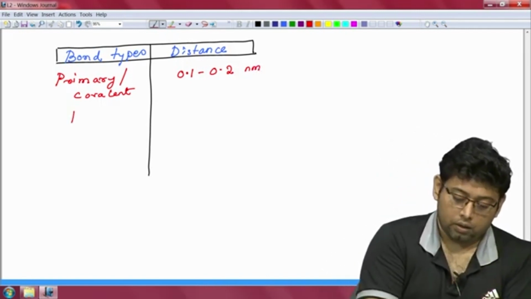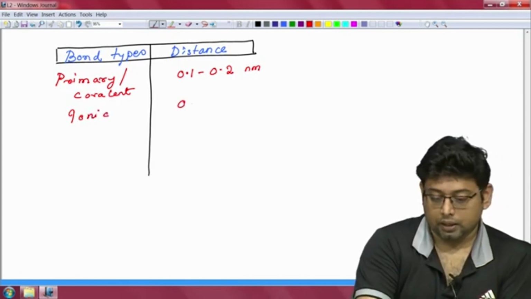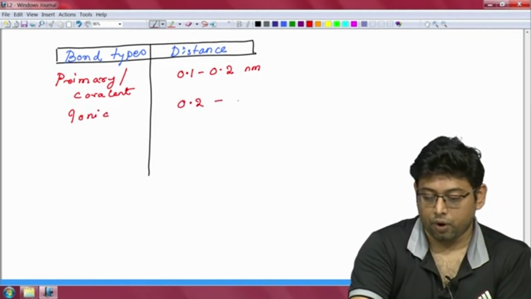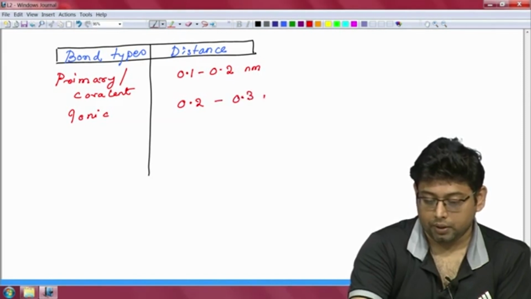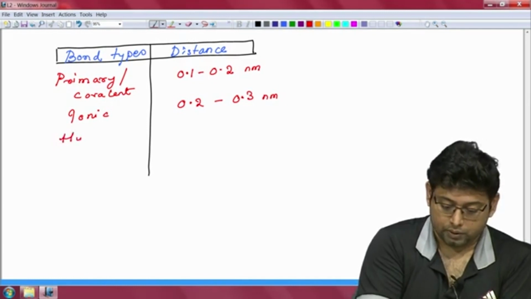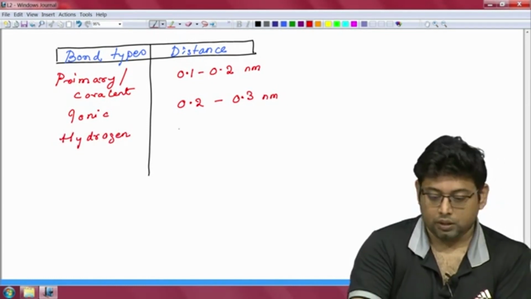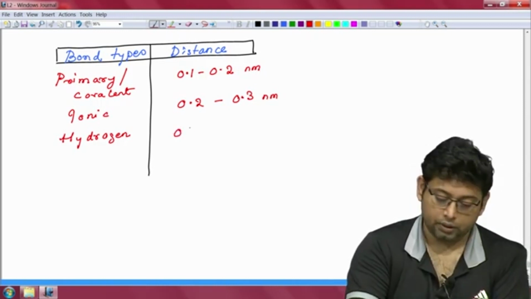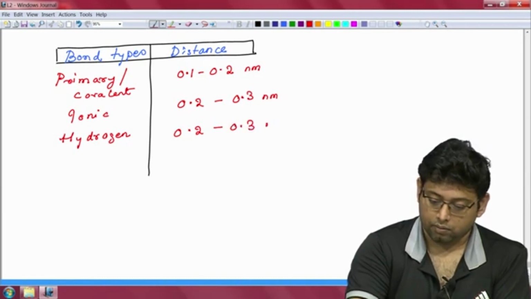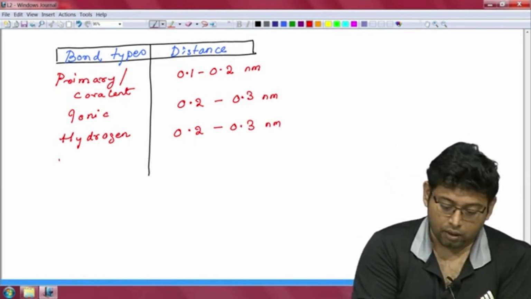For ionic bonds, the distances can be slightly higher, so 0.2 to 0.3 nanometers. For hydrogen bonds, your distances are larger, or of the order of the ionic bonds sometimes. And finally, the van der Waals